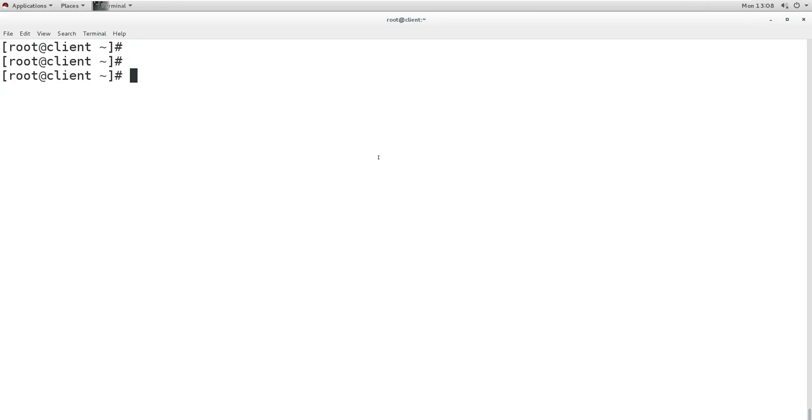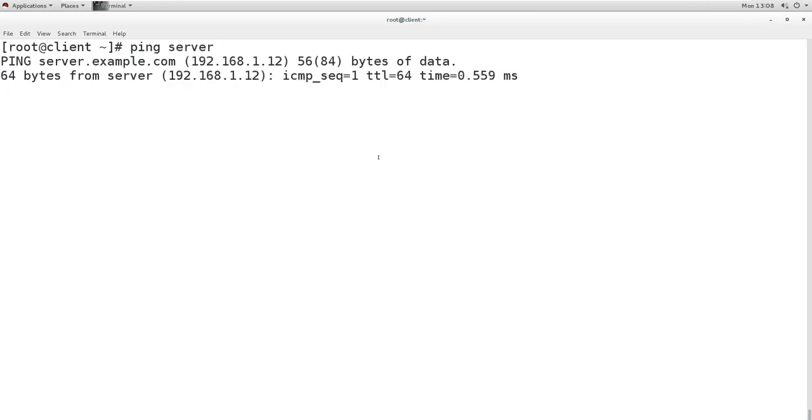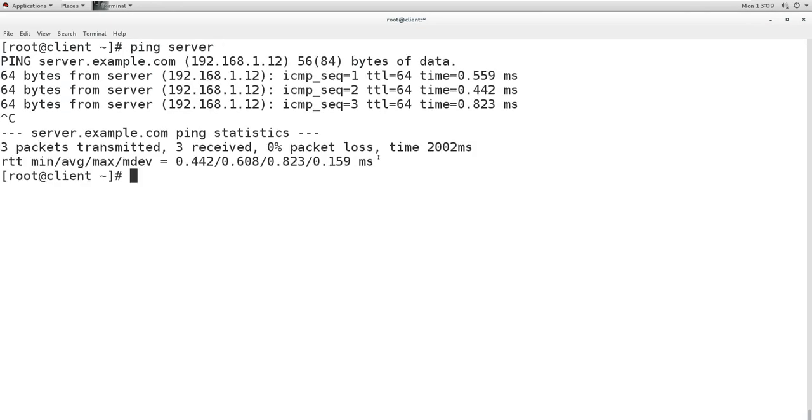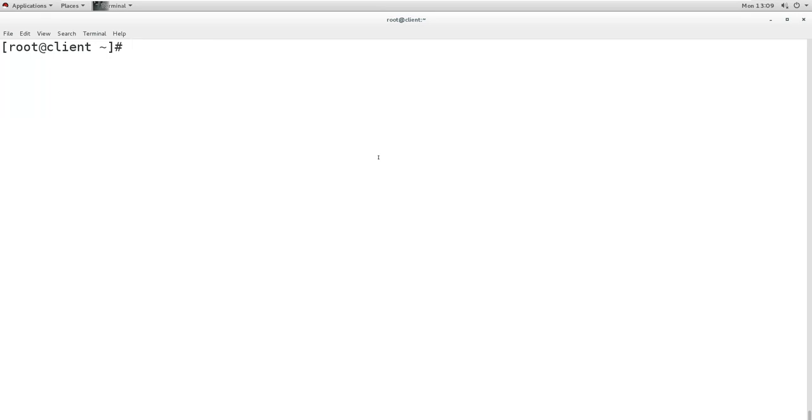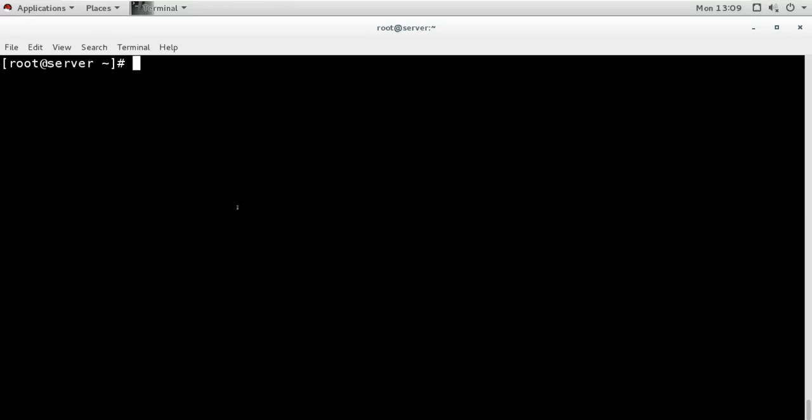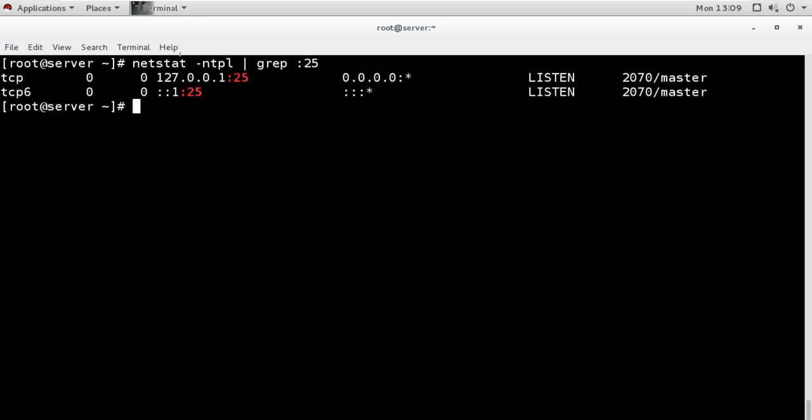The name must be resolved, and it is resolving, so that when I give the email address with the name, then it will accept. If you don't have a DNS, it will keep trying to resolve it, and it will not be able to send the mail. Now I will try to send the mail from this client to this server, but it will not accept, because this server is accepting mail only from the local host.